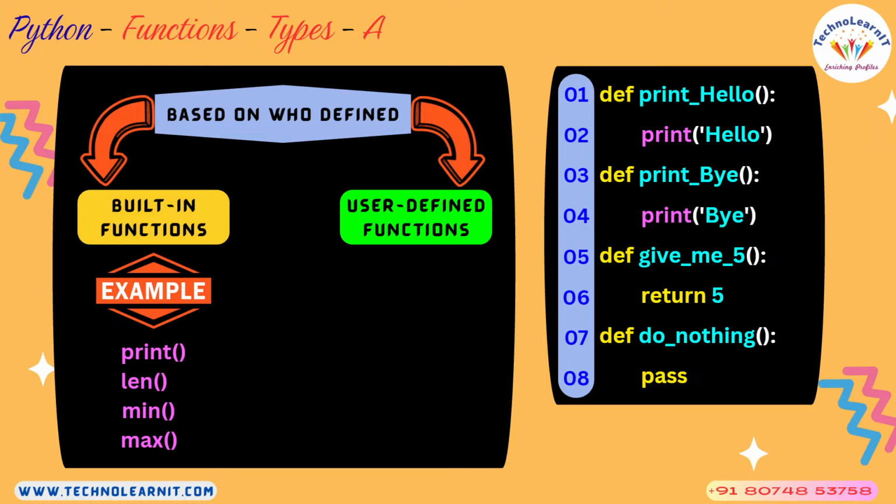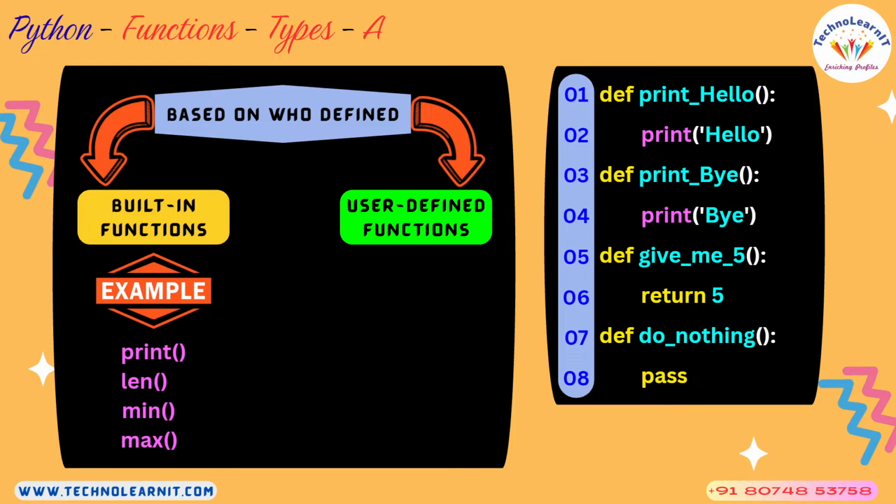So print is a function, obviously, right? Len is a function that we have been using when we talked about lists, tuples, dictionaries and all that, and strings also. Min is a function, max is a function. But now the question is who has defined these functions? Defining the function means writing the body of the function, right? Who has written the code to print the value in the print function? It's not me or you as a developer, right? The moment Python is installed, you are right away able to access or call that function, right?